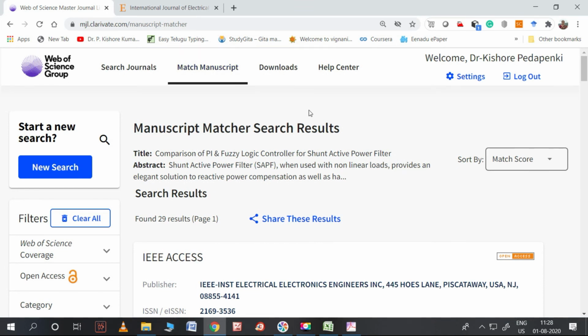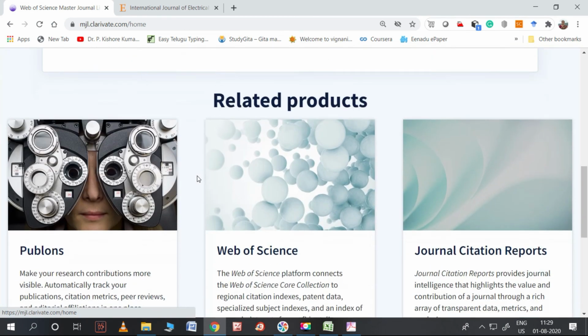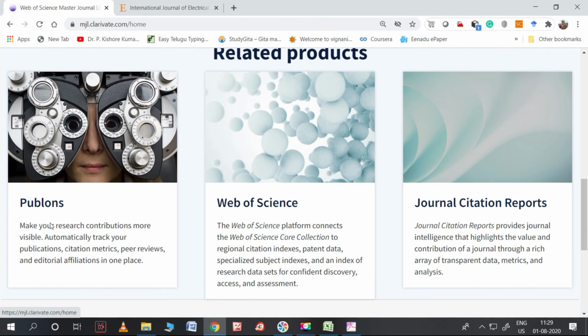So with this we have finished all the topics, that means those we have already committed to discuss. One is downloads, search journal, and match manuscript. So this is regarding Web of Science and how the Web of Science website can be useful. And there is one more thing, that is called Publons.